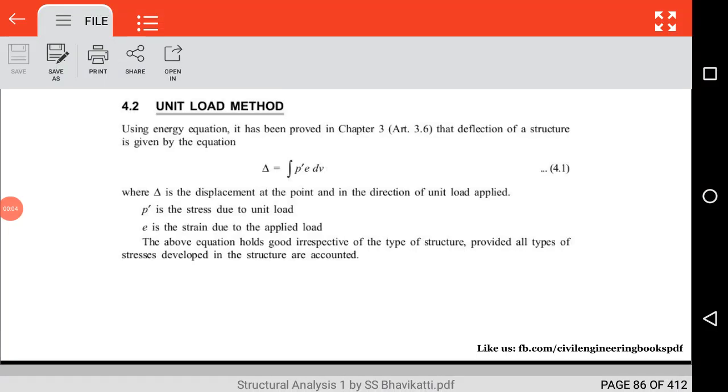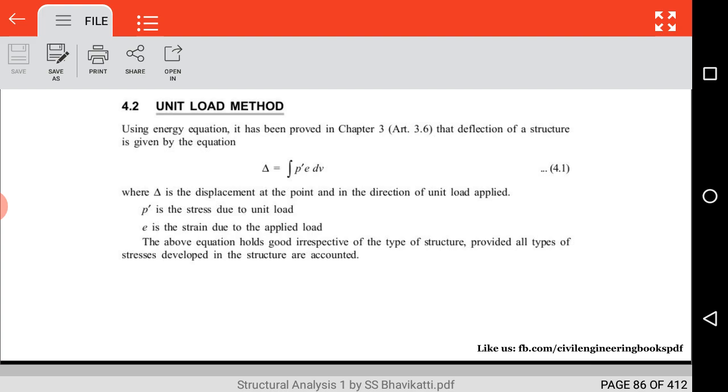Welcome back to the classes of structure analysis 1. In the last video we have seen the unit load method for the beams. In this video we will learn the analysis of trusses, finding the member forces of the trusses by using